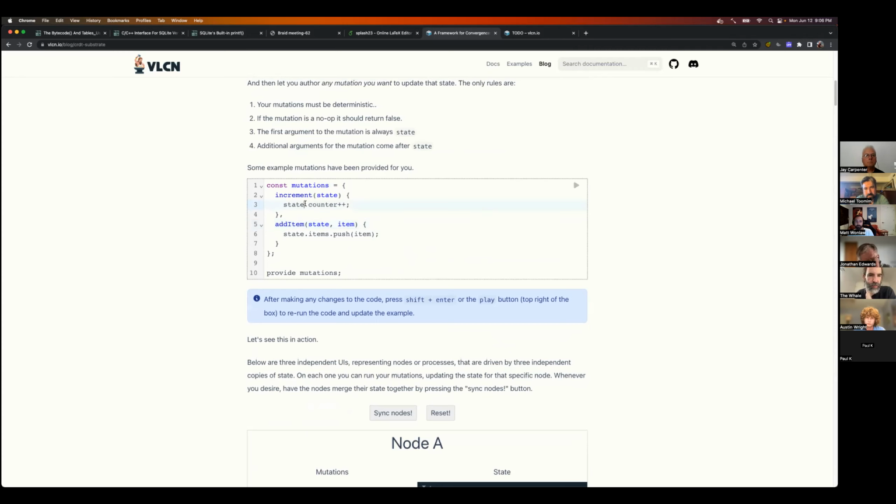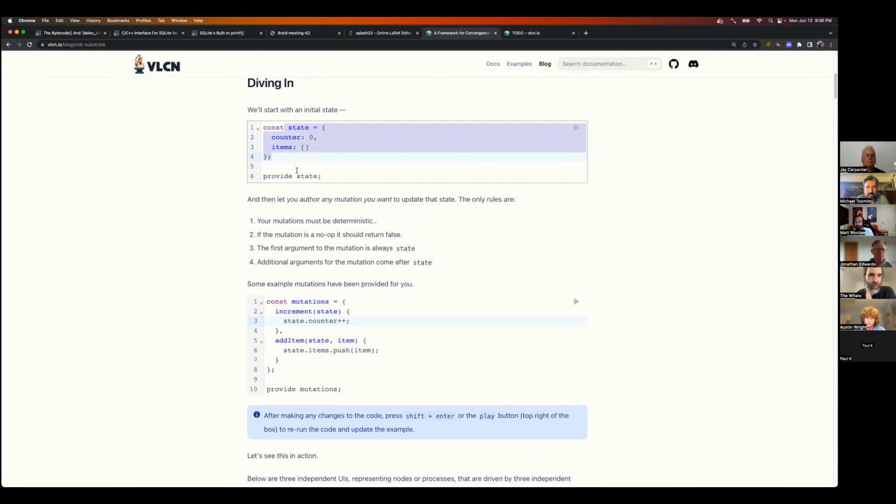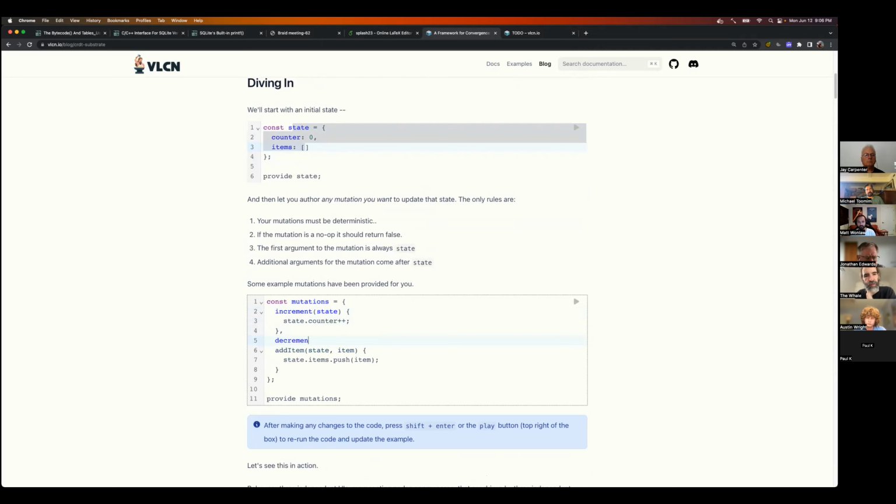Yeah, so what happens is this is just pure JavaScript code. Just regular JavaScript variables and a regular JavaScript function. The user just said, I'm going to increment this variable, and didn't have to declare anything to the framework. What we do is essentially create a log of every event that's ever happened and we just replay it in order. And it just so happens that that makes counters work, it makes arrays work, and all these sorts of things. So I could add a decrement.